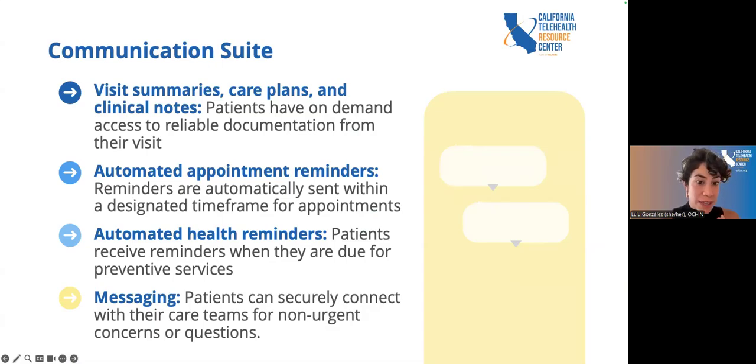Communication is, of course, central to the patient portal's purpose. Patients appreciate the communication tools that are offered through the portal, so we can think of this as a communication suite. And that includes the ability to view visit summaries, care plans, and provider notes after a visit, which can really make or break adherence to medical advice. These materials give patients the chance to digest information, seek help with understanding, and develop their own strategies to meet